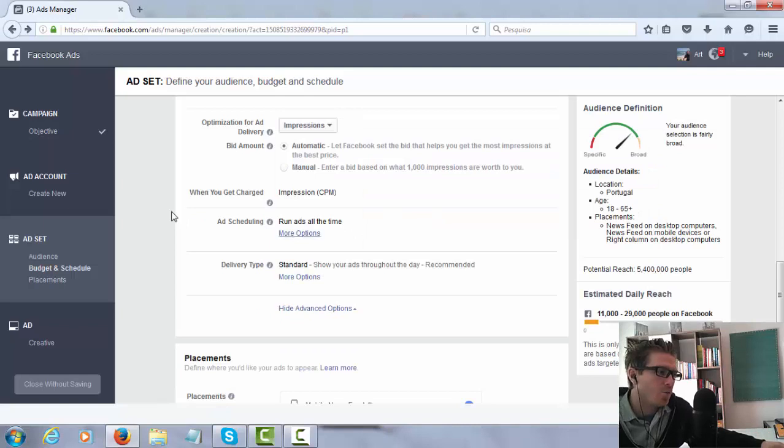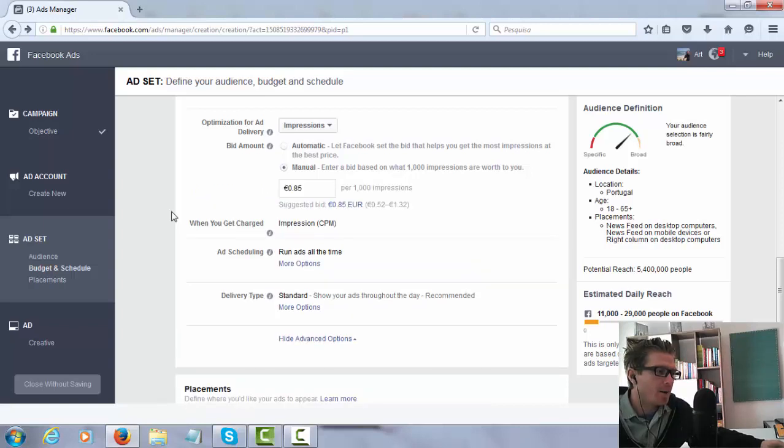So here you're basically paying for 1,000 impressions. Again, let's do it manually, and the suggested bid works exactly in the same way. The more you're going to pay, the more impressions you're going to get. So let's say if the lowest bid is 52, you might just put in 52 here, and let's say you're going to get 1,000 impressions. But if you put the maximum bid, which is 132, you might get 3 or 4,000